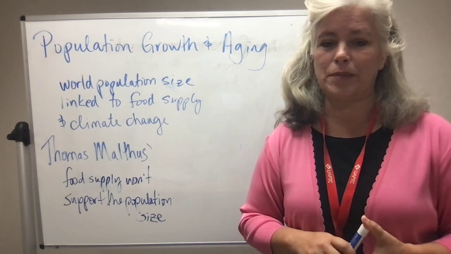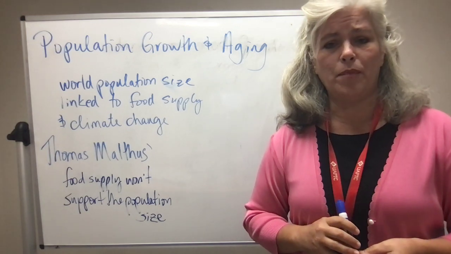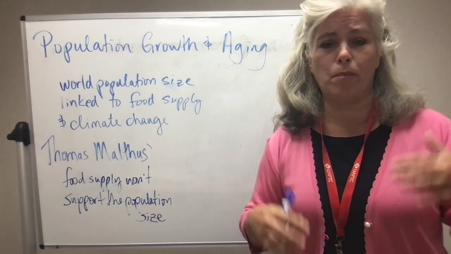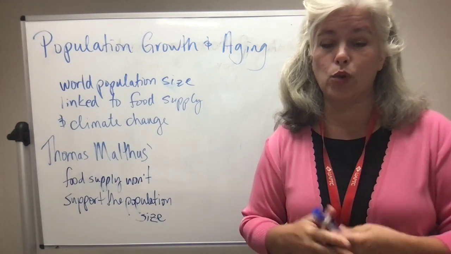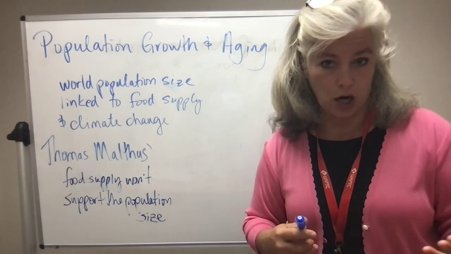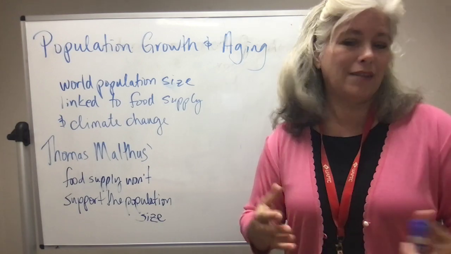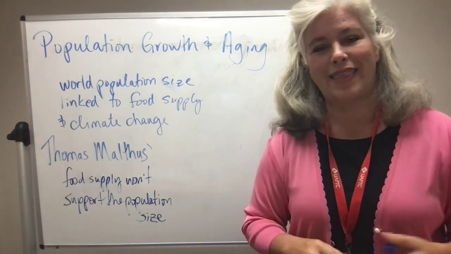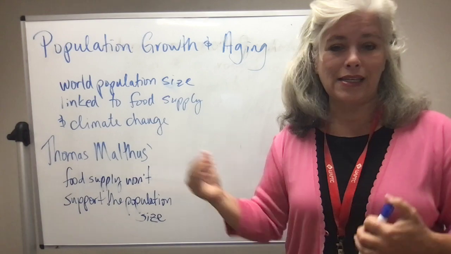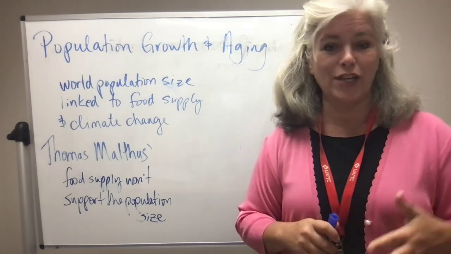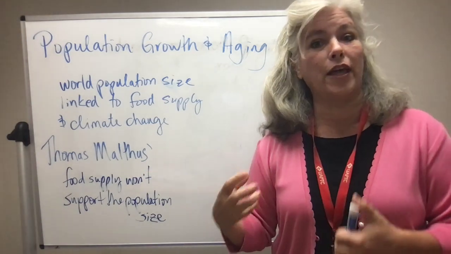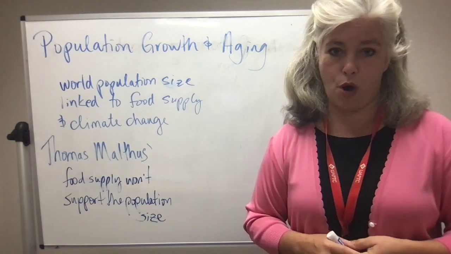So you saw populations grow, especially in Western society, in Europe, and not so much in the United States at that time, but definitely Thomas Malthus's observations were made about the population boom and population growth